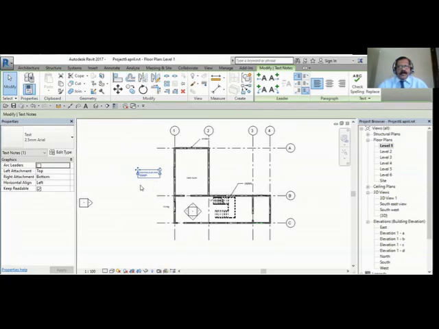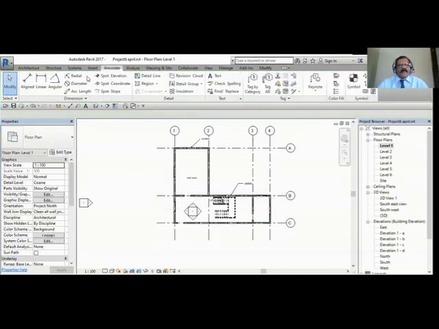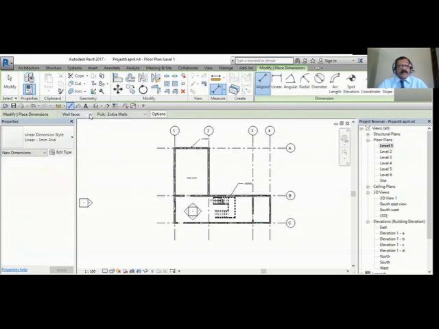Okay, let us go to dimension now. When you go to Annotate, Aligned Dimension, you can see here Wall Centerline, Wall Faces. Forget about these two. Let us see Wall Centerline. And here also two options are there, Individual References or Entire Walls. Let's see Individual. So Wall Centerline, Individual. That means you want to mark the measurement like this. Then click somewhere. So you will be using Wall Centerline, then Individual Reference, because you are showing individually. Okay, I will undo this.